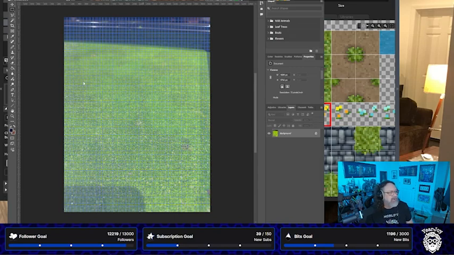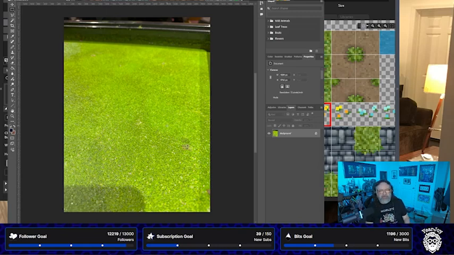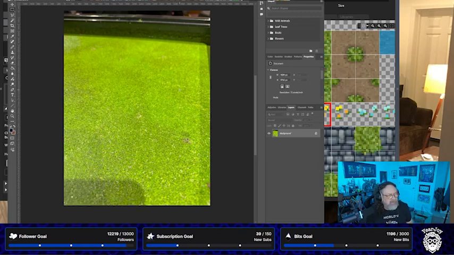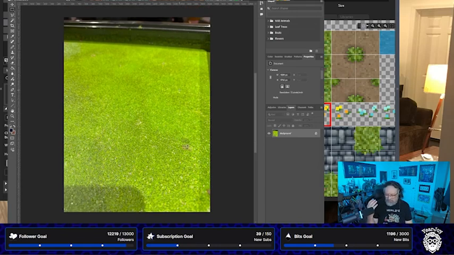Let me take the viewers off. So this is basically the grass piece. I went to the science museum about a month ago, and while I was at the science museum, there was an aquarium there that